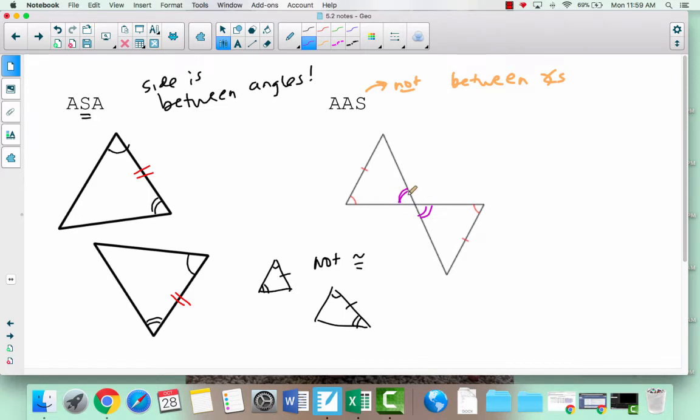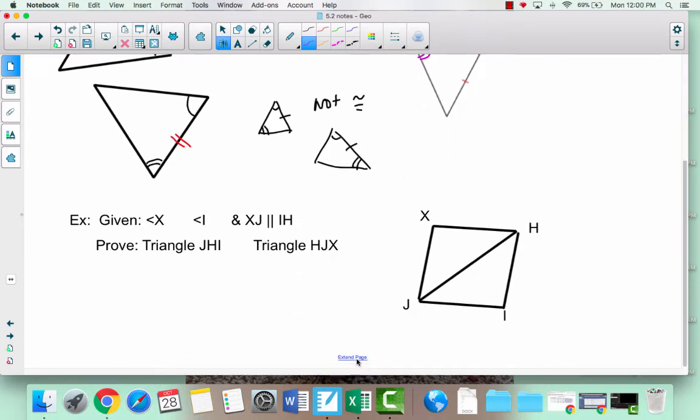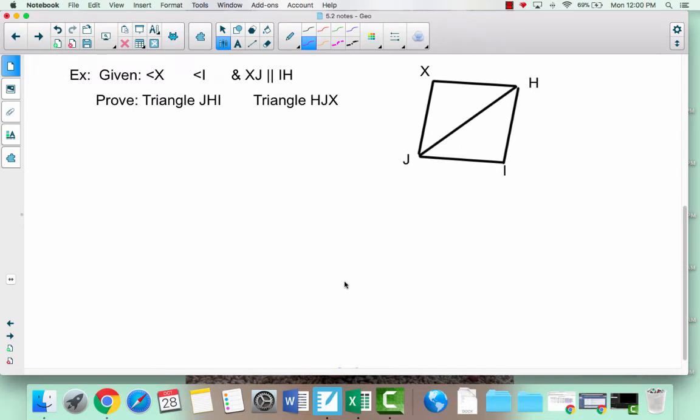So now this fits angle, angle, side. And notice the location of our side that's marked is not between the angles. So it's on the outside of both, so we'd be good to go. Okay, and you always want to make sure that the markings are in the correct order in both triangles, not just one. So let's use these to write a two-column proof, and then we'll pretty much be done for this